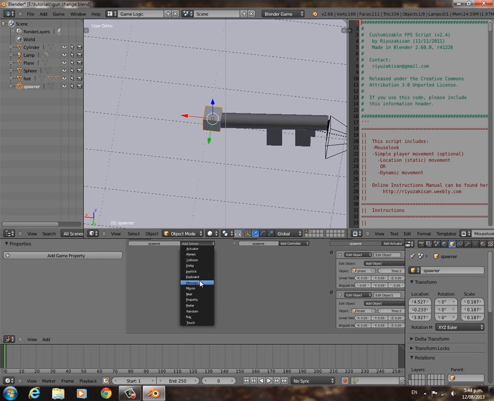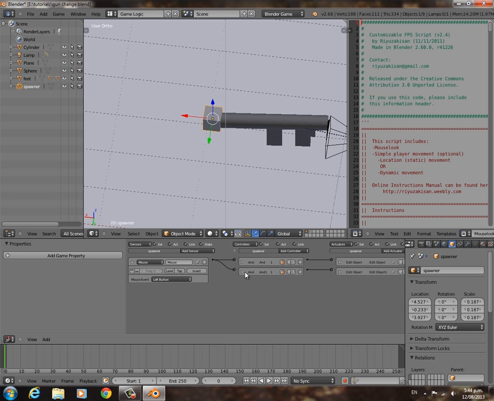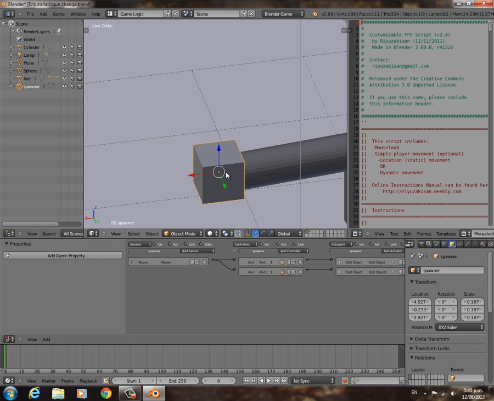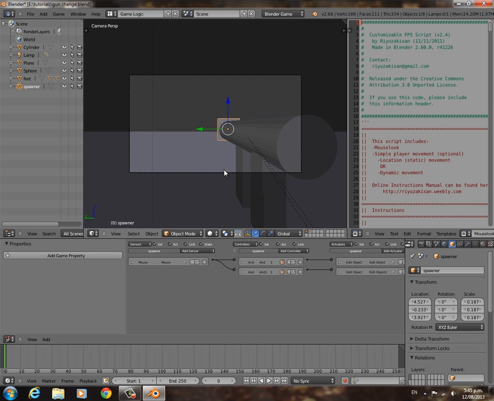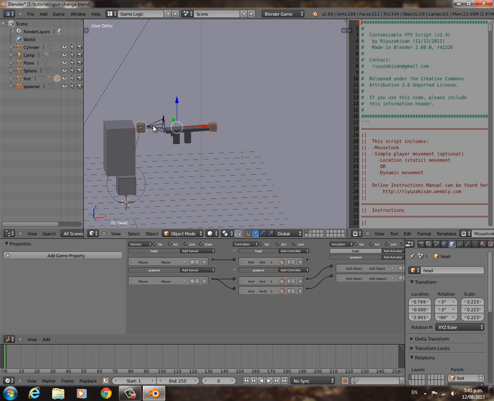And we're going to add a mouse left button and drag those both there, like that, because you want it to shoot when you click the left mouse button. So after you've done that, with that selected, right click the cube, Control P parent,